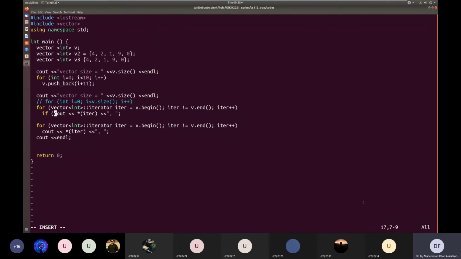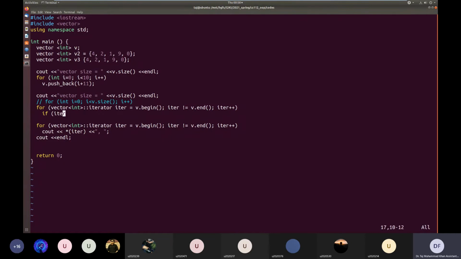Iterators can be used to write something. So let's say I want to modify something. Let's say apart from the first and last, I think the iterator supports these arithmetic operations.